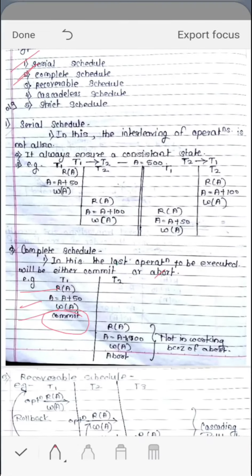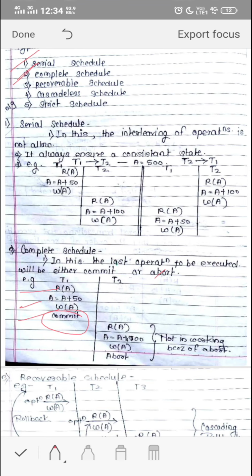We'll continue. So what I was talking about, the complete transaction. In a complete transaction, either the transaction ends by committing itself or by aborting itself.